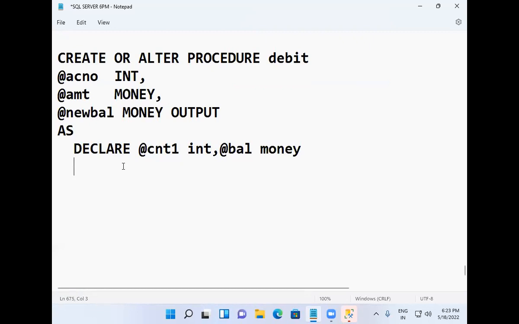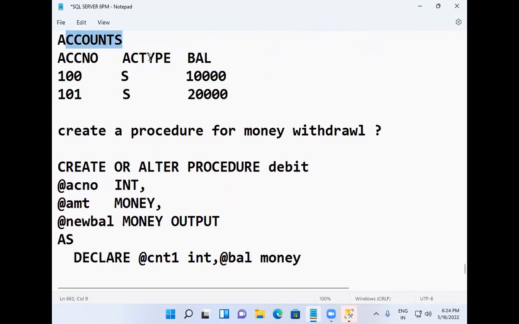What is the logic to check? You're passing an account number, right? So I want to check whether this account is there in the table or not. If the account is there in this accounts table, that means this account number is a valid account. If this account is not there in the accounts table, then it's not a valid account. Yes or no? Then tell me how